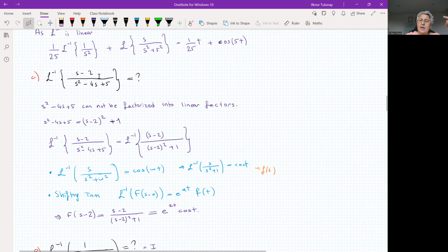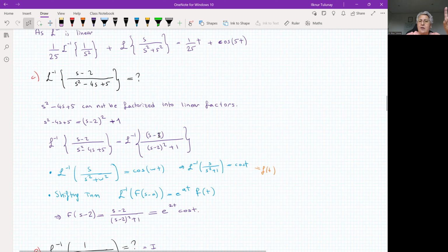So that will be a similar case to this. Well, it is a shift, right? Because instead of s, we have s minus 2. We have s minus 2 on the top. And now the bottom is (s minus 2) squared plus 1. Let's first make sure that this is the right one. We have s squared minus 4s, and then we have 4, since 2 squared is 4. But we have 1 here, so that will be 5. So this is equal to this. First, just trust that one. Now substitute in. Now we have s minus 2